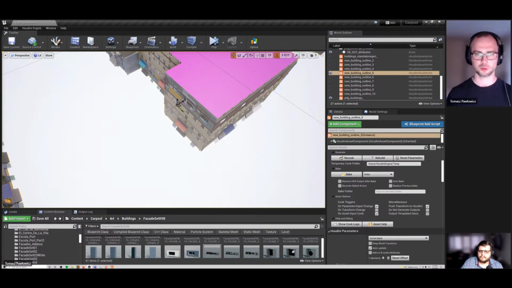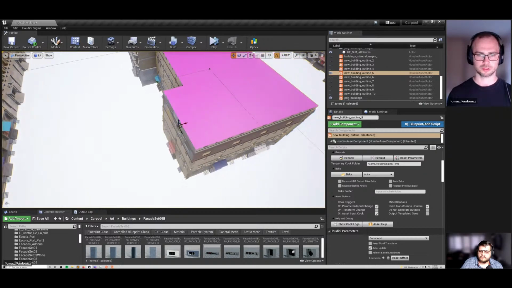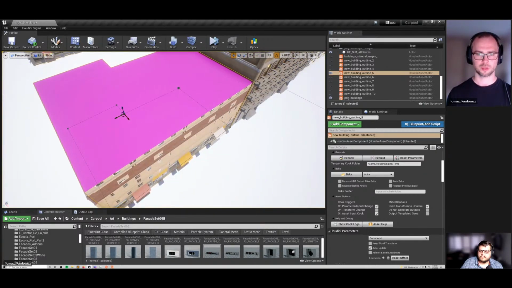This spline tool is a curve tool where we can change the position of points and get the actual change in the generated building. But there are a few tools inside Unreal 5